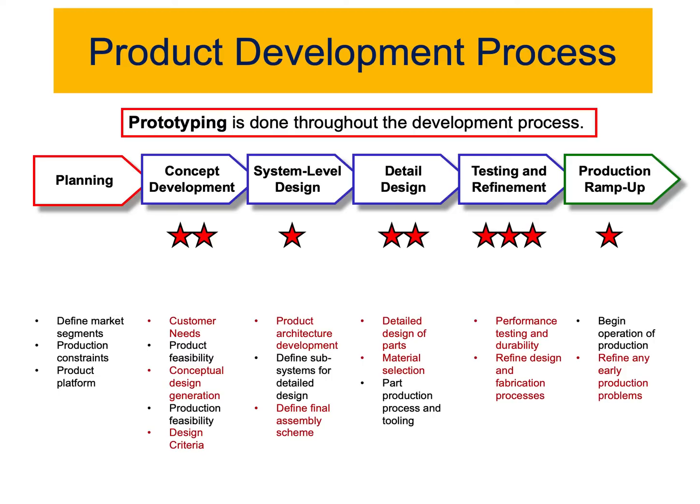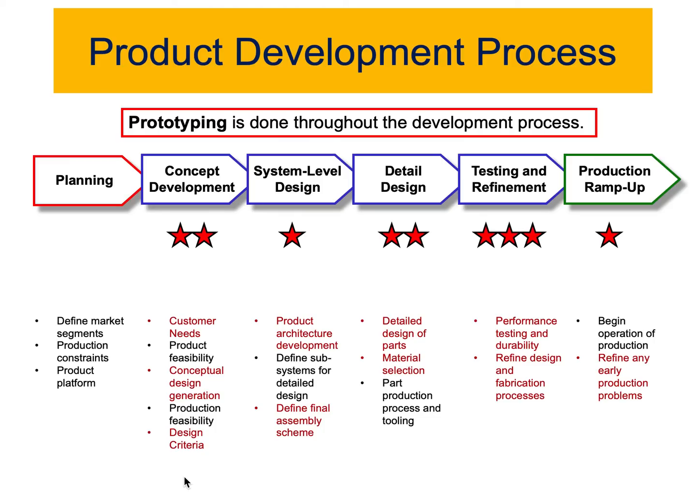So there are a lot of forms of prototypes. So you can have concepts, and if you can see, we have these stars here along the way in our development process, and this means that we've done prototyping in all these stages in different forms. So those forms could be like concept sketches, and this is what we did in concept generation, right? In the concept development, we did a lot of sketches and we did a lot of concepts. So those are prototypes actually. Mathematical models,